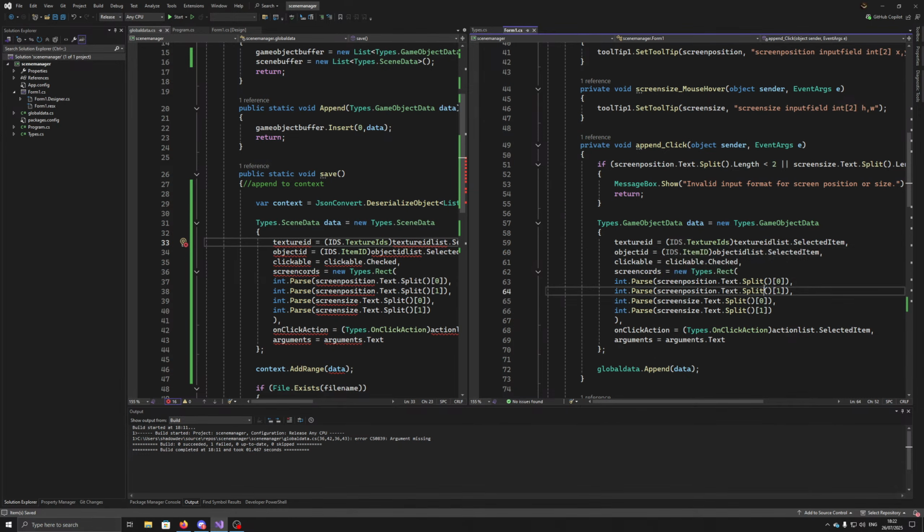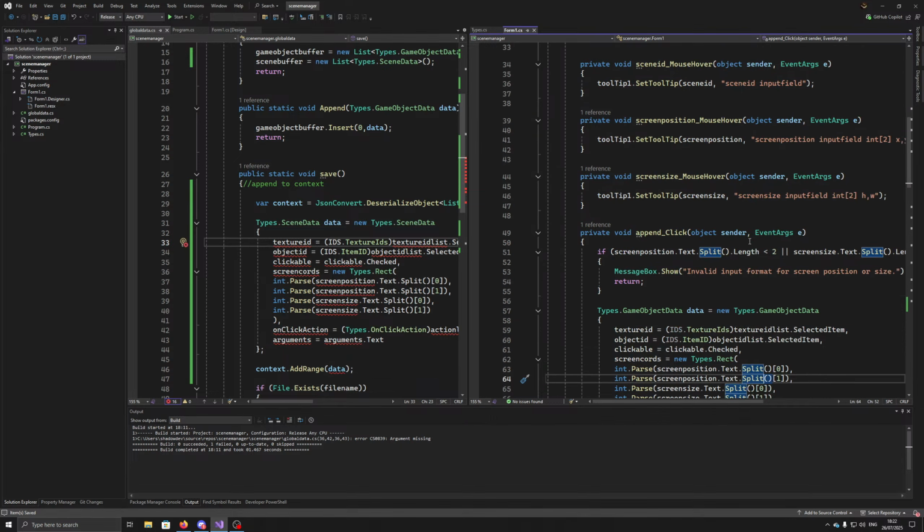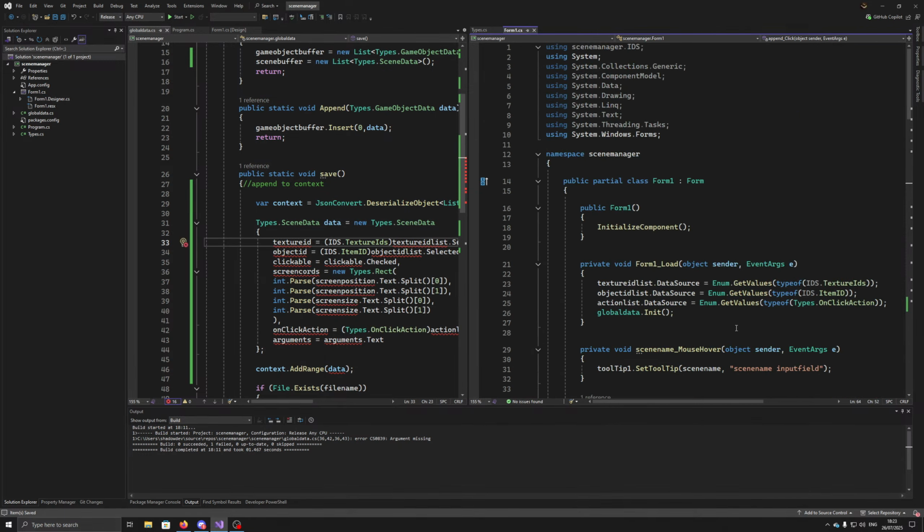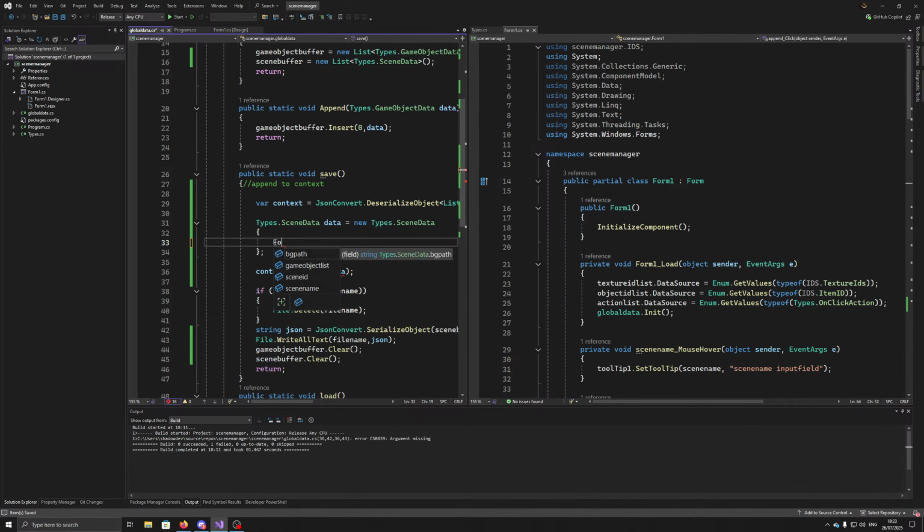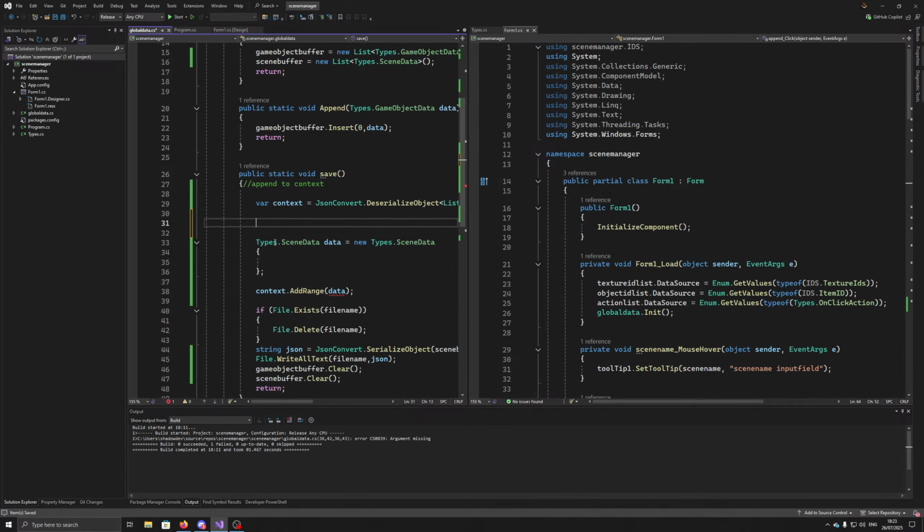Wait. Hold on. On click action. Oh yeah. If this, yeah, it's something completely different. Yeah, okay. So form one get dot active control equals again active control dot